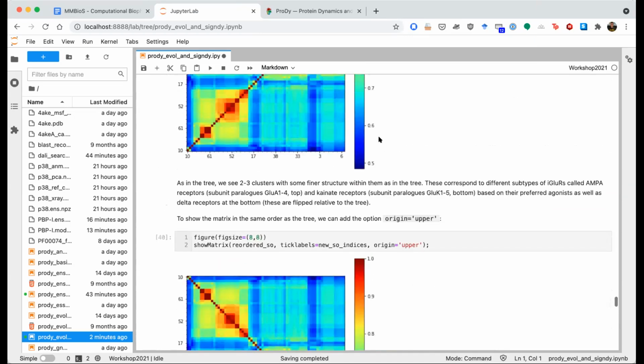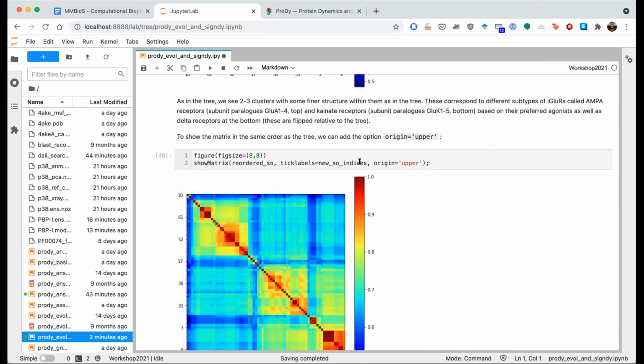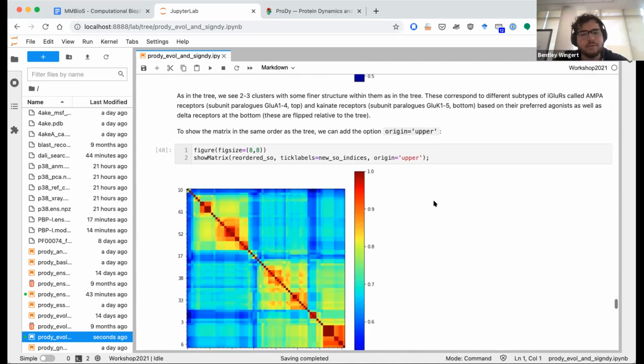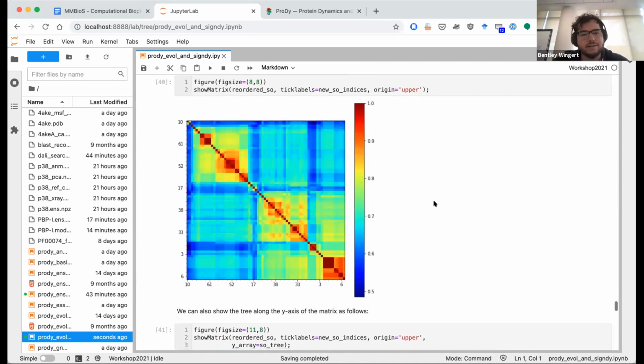What is this one? Oh, I don't know. Okay, sorry. I don't know why this is